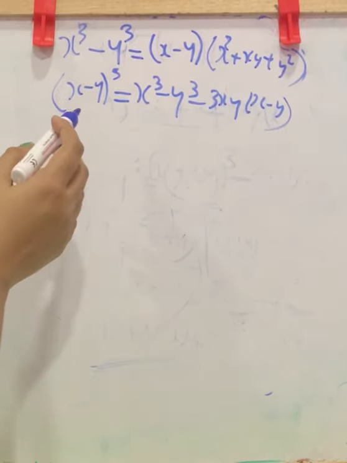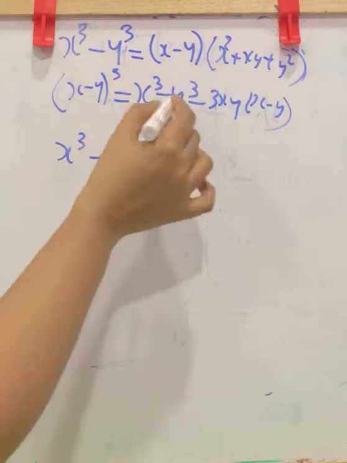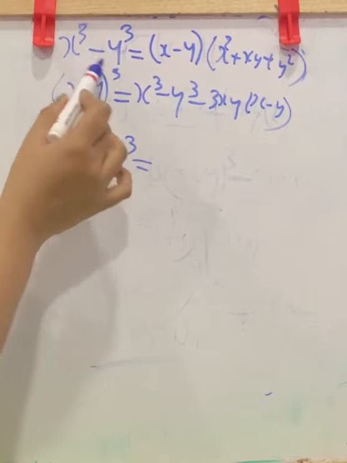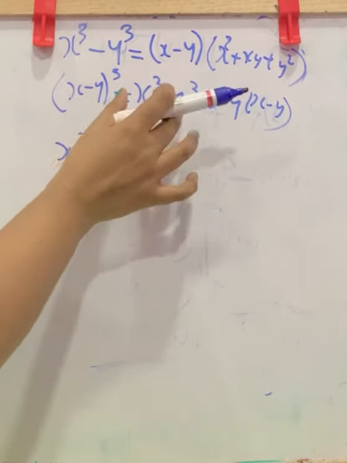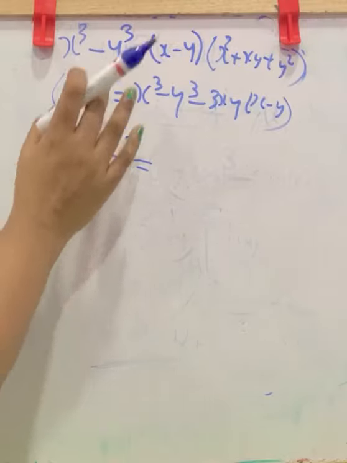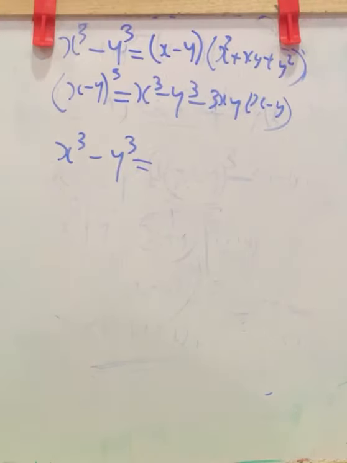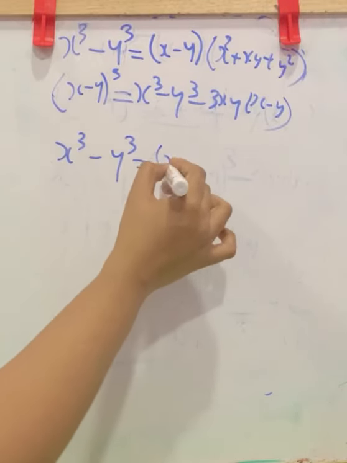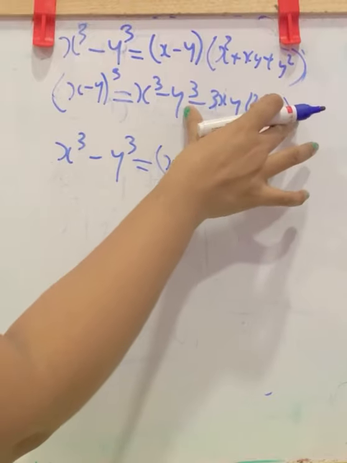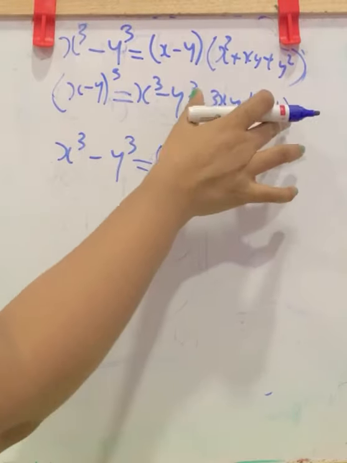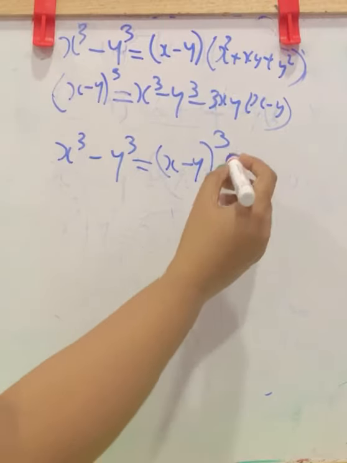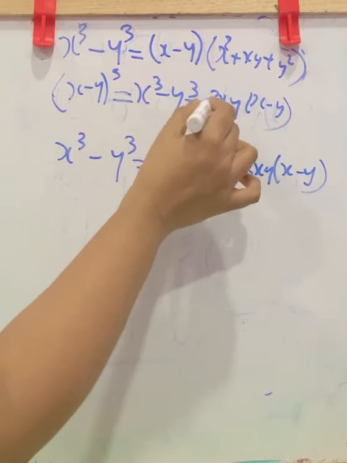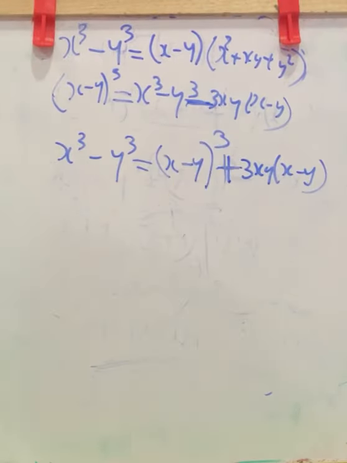As we did before, here we have x cube minus y cube on one part because we need to prove it. Here in one side we have only x cube and y cube. That is why we keep this x cube and y cube on one side and take all the other things to the other side. Now here we have, in the opposite side of this equal, we have x minus y whole cube. Now taking this term which was along with this, you are taking to this part. So this becomes plus 3xy into x minus y. Here sign changes subtraction to addition.